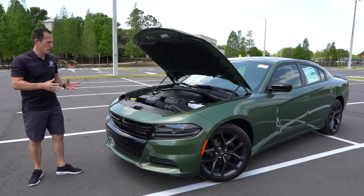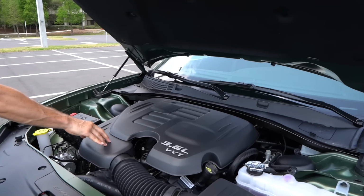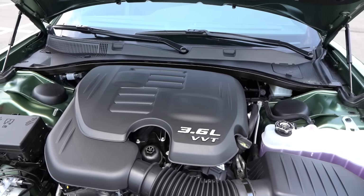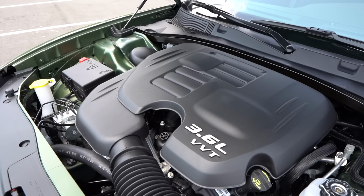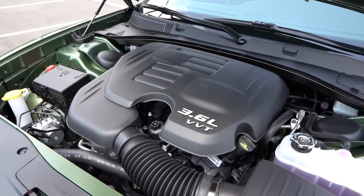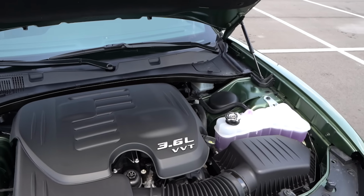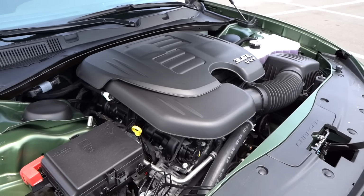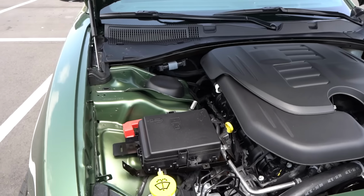All right, guys, we do have the hood popped. You do have hydraulic struts. I am gonna zonk this engine cover. It literally looks like a trash can lid. But below that cover is, like it says, a 3.6 liter naturally aspirated V6. So you're looking at 292 horsepower, 260 pound-feet of torque. It's all mated through an 8-speed automatic transmission, 0 to 60 in about 6.4 seconds, top speed 124 miles an hour. MPGs, you're looking at 19 in the city,